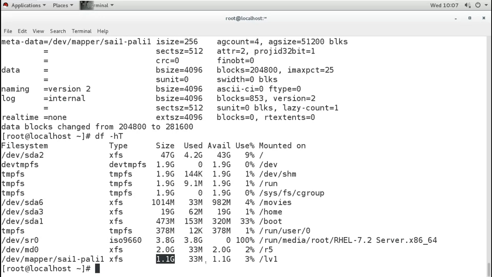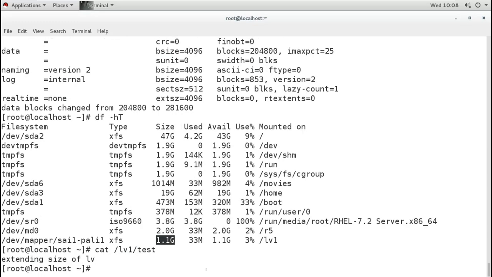But did we lose the data? So we check. In this we created the file, so we did not lose any data. The data is still there, and we extended the LV partition without losing the data. So what we did: first we extended the LV, and then we extended the file system.